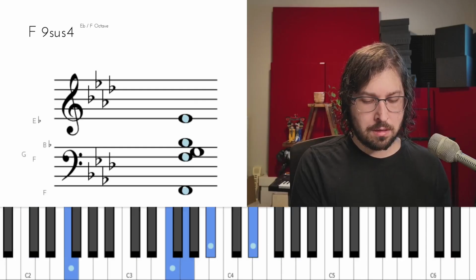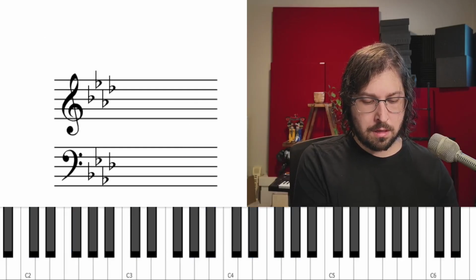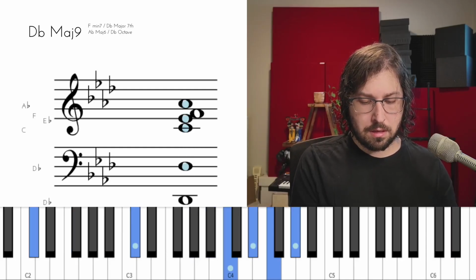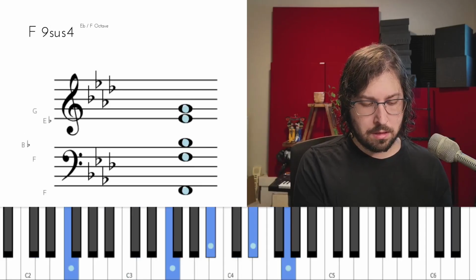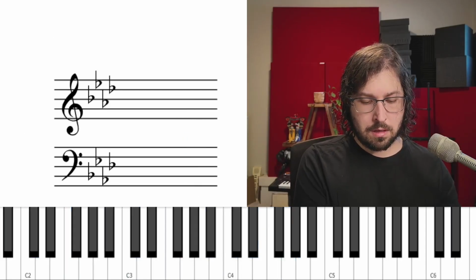da, da, da, da, da, da, da, da, da, da, da, da, da, da,